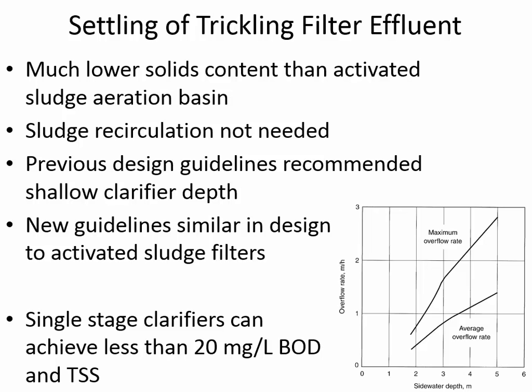But in a trickling filter, you're not recirculating the slime layer, and so the clarifier is already mostly water. And that's one of the many reasons that settling happens pretty easily downstream of a trickling filter: there's no recirculated sludge, so it's not as crowded as the